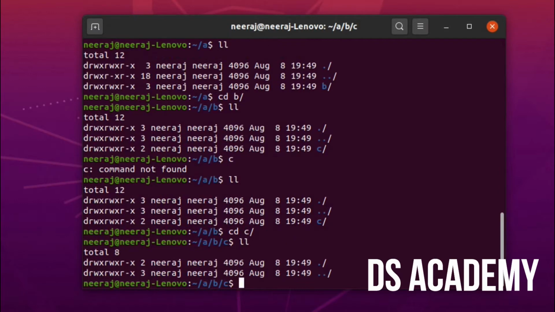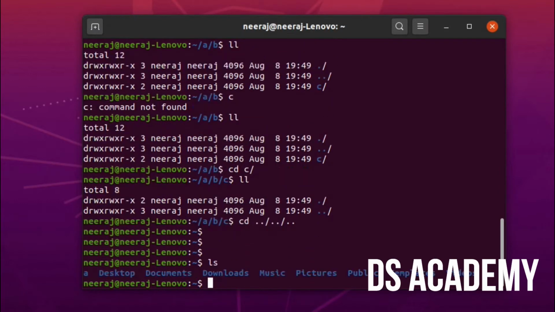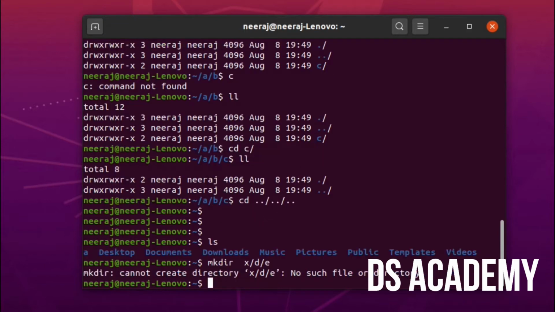Now I can move out. If I do not use -p, and suppose I write some random folders which do not exist, then this will throw an error because there is no xd directory.